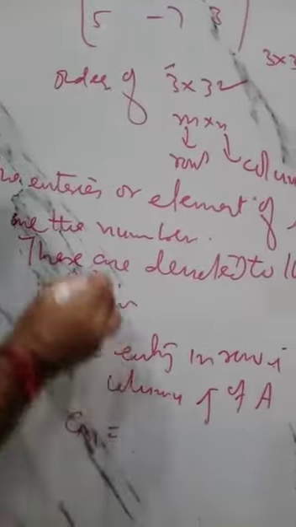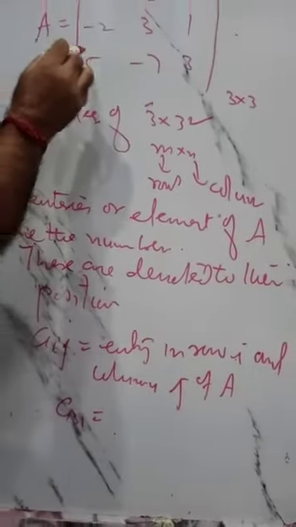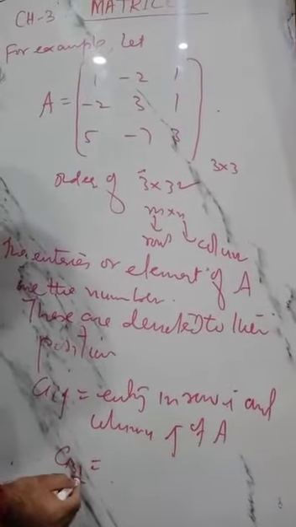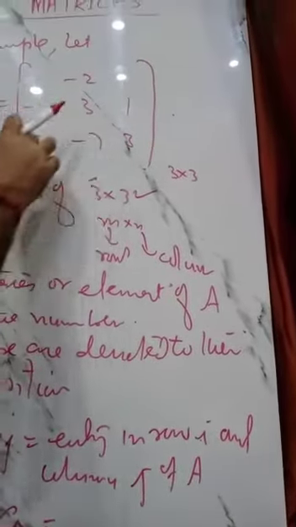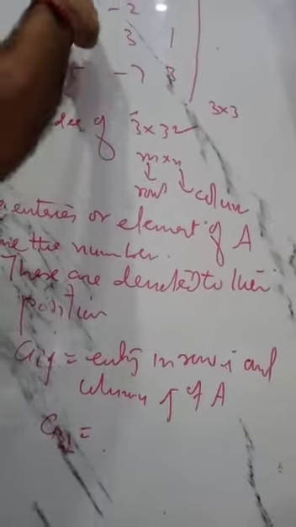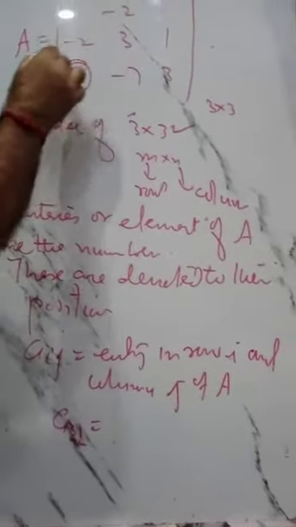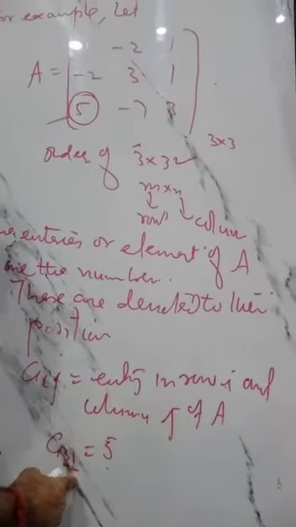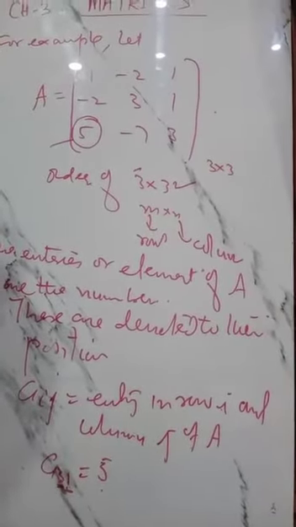सो मान के चलिए हम ले लेते हैं, फॉर एग्जाम्पल आपका मैट्रिक्स A में we write A31. सो A31 देखिए बच्चों, 3 का मतलब होता है रोज और 1 का मतलब होता है कॉलम. तो थर्ड रो और कॉलम नंबर 1, ये है आपका 5. So this is 5, nothing but 5.